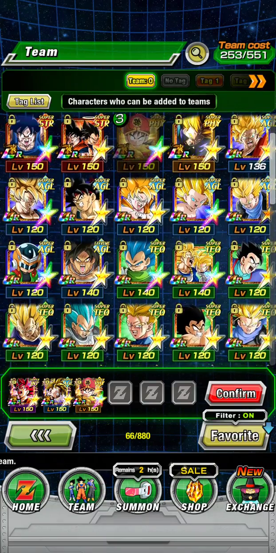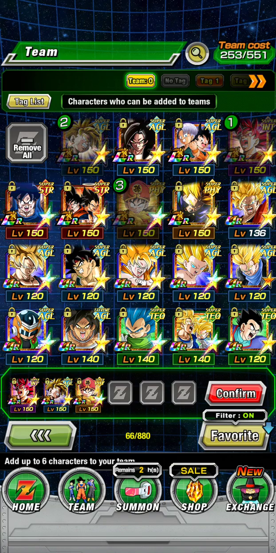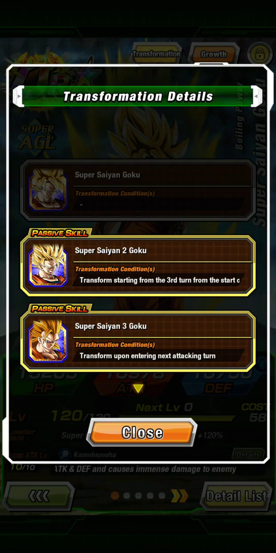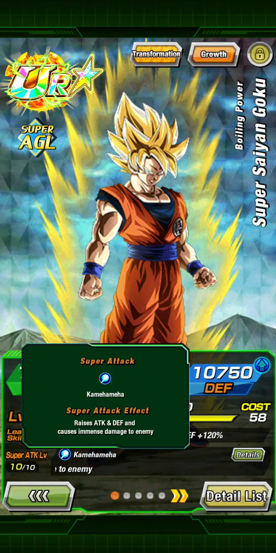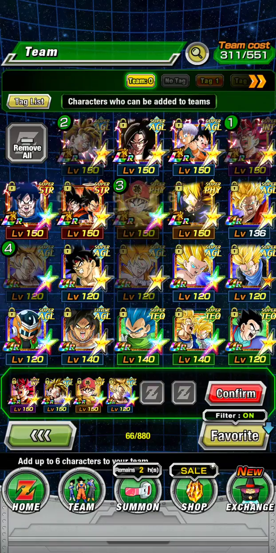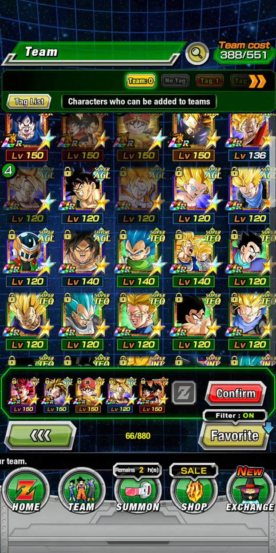And it doesn't trigger more than once, by the way, so you can't have him reduce damage by 58% twice. So this guy is actually what the Legendary Goku event is kind of based off of. He transforms all the way up through all the forms, and as he's transforming, he raises his attack and defense. I want him to stack. This guy is just a really good unit, so it doesn't matter, I'm going to put him on. And then I would say